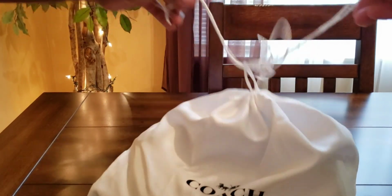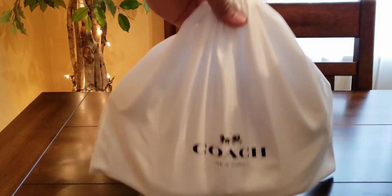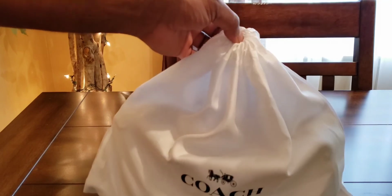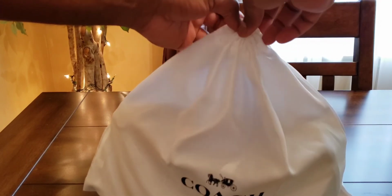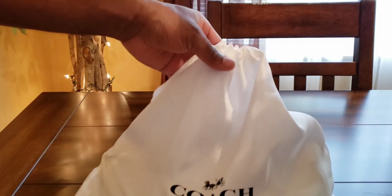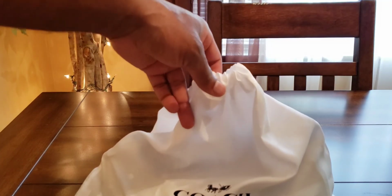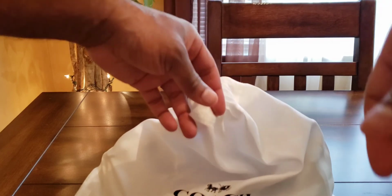All right, so obviously we have these wonderful satin-to-touch Coach dust bags. Some of the dust bags are cotton, a thick cotton material. Some of them are satin. So this is a satin one. Still a good bag though. The bigger bags, for the bigger items, are normally going to be cotton. The smaller bags are always like a satin or something like that, unless it's for a belt or something. They have like a little linen type of bag, but I've had all of them. So, all right, without further ado,